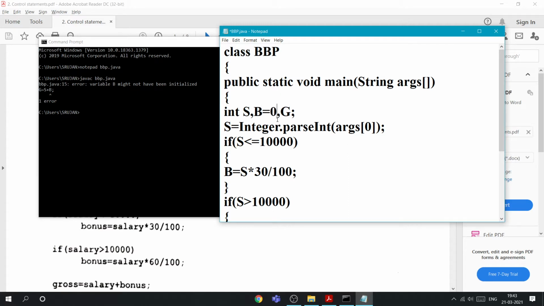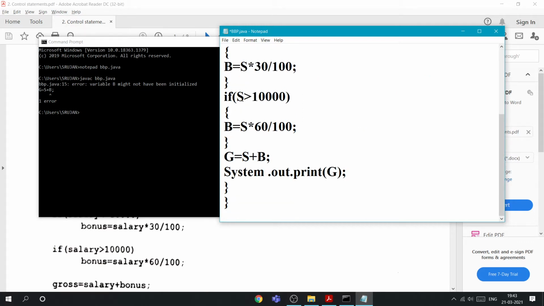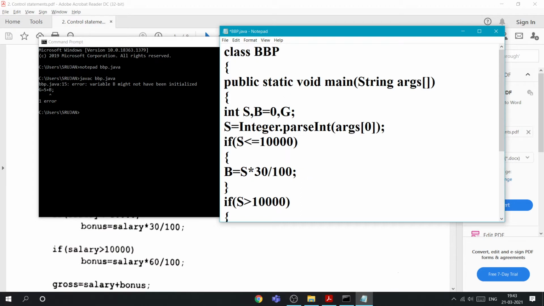I am just assigning 0. You can also initialize s and g to 0. It is better to give, but not mandatory, because they are assigned outside the if conditional statements, whereas b is not assigned outside the conditional statements. That's why it is showing an error.